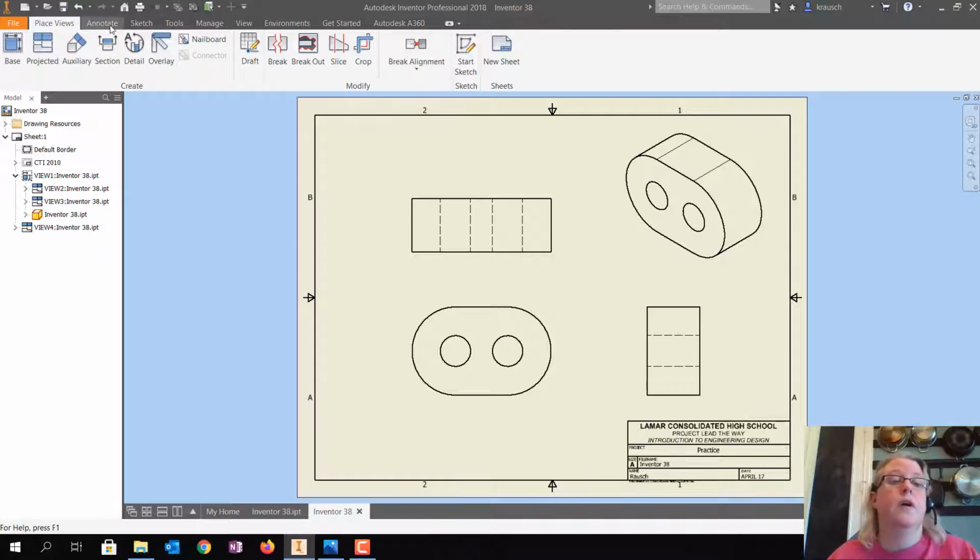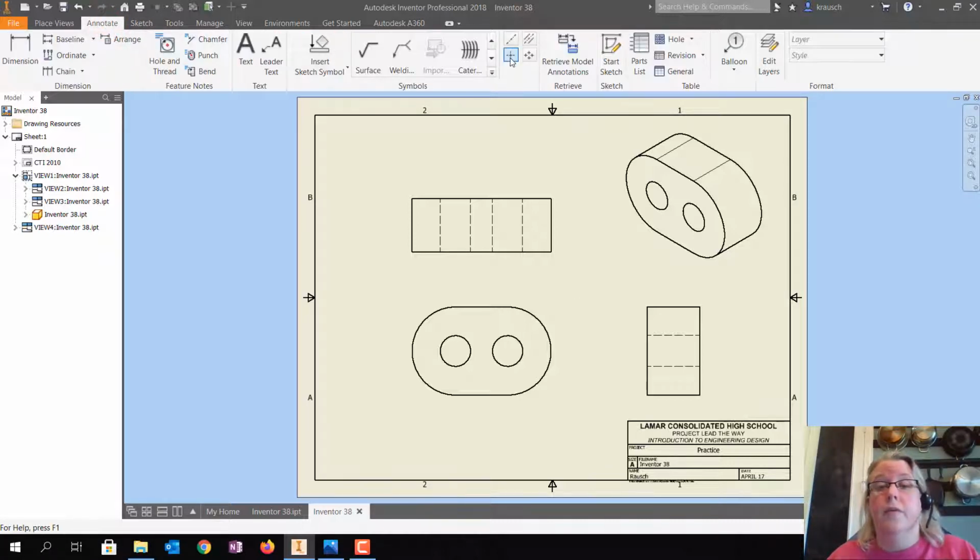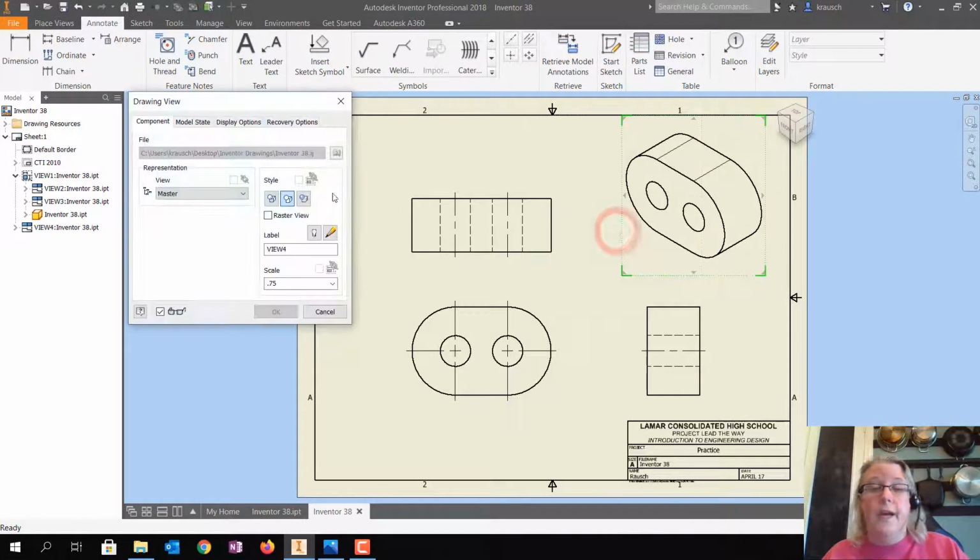Okay, so we're going to go annotate. We're going to use our little plus sign here, our center mark. And I'm going to click on the arc. And I'm going to click on the arc over here. Okay, and then I need my center line bisectors for my holes. So I'm going to click center line bisector. I'm going to click this line, and this line, and then this line, and this line. And then because the holes are on top of each other, you only have to do it once in the side view. Okay, press escape on your keyboard, come up to your isometric, double click, pick your shaded view, tell